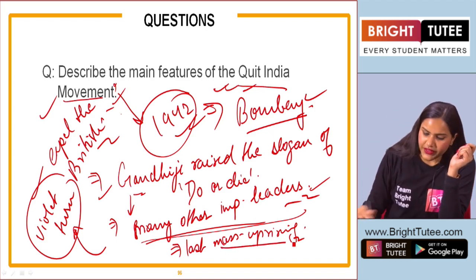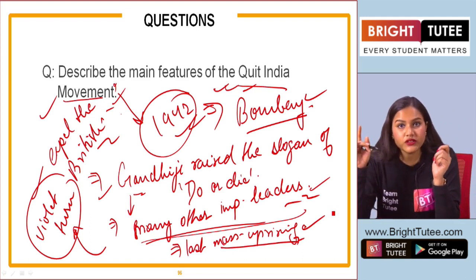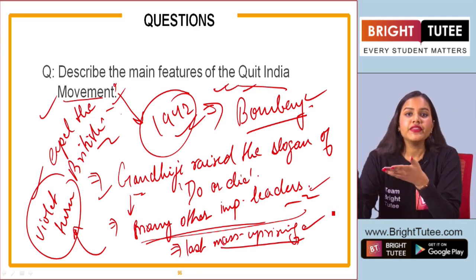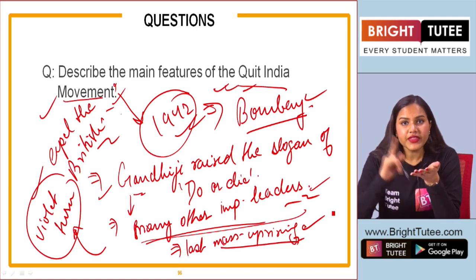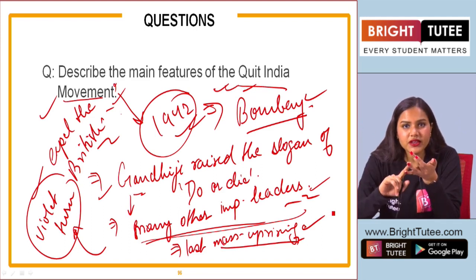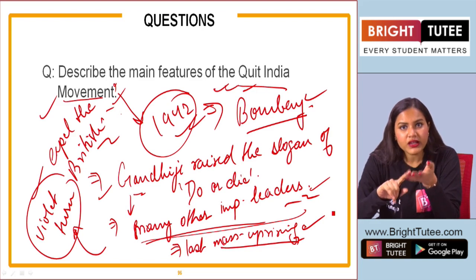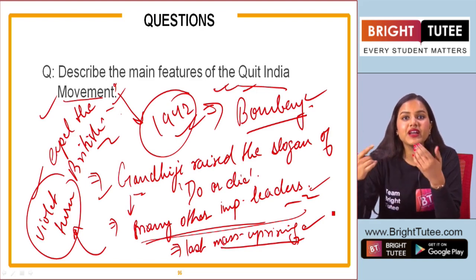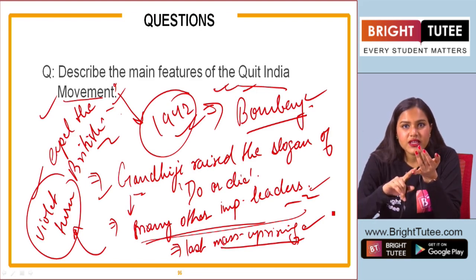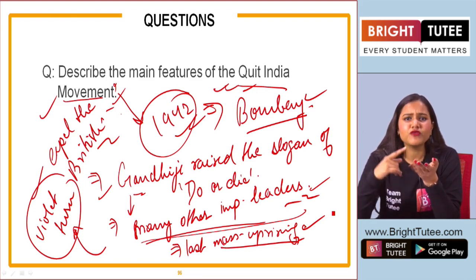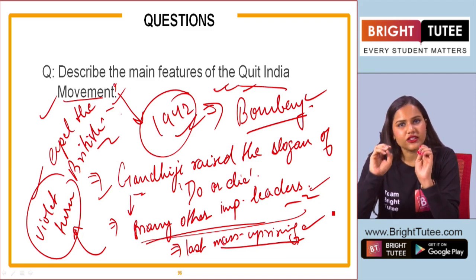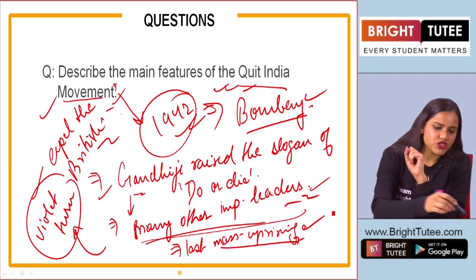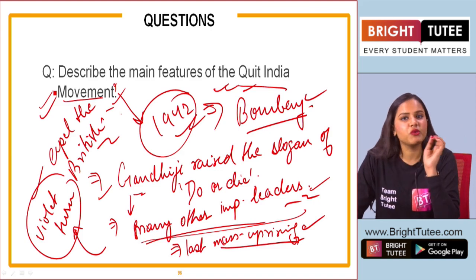Now, students, these are some of the points that you have to mention. Then we can also talk about how the British government took repressive measures. They tried to suppress the movement. Around 70,000 people were arrested and kept in jail. They also started lathi charges, and apart from that, people were flogged and fired at, and so many things became daily activities in our country. So this is how you have to mention the features of the Quit India movement.